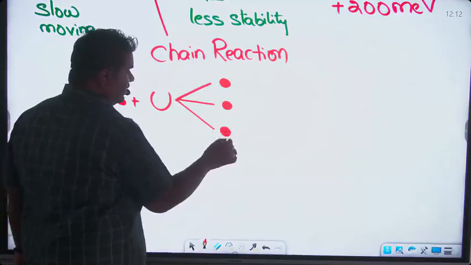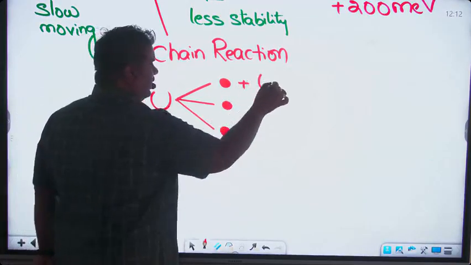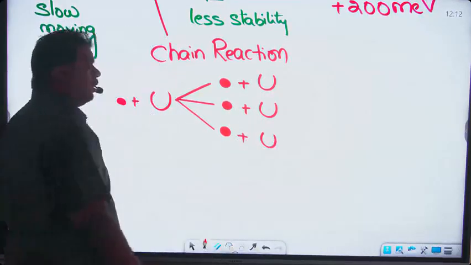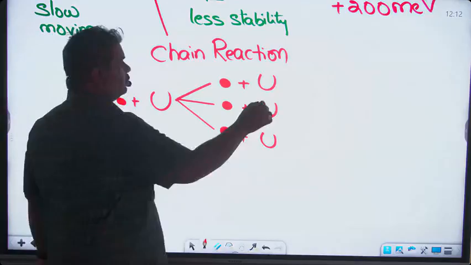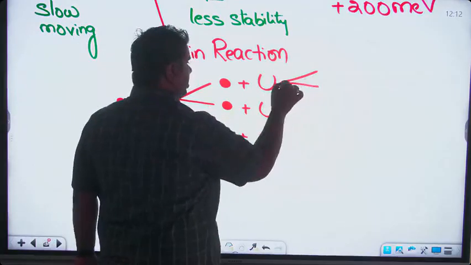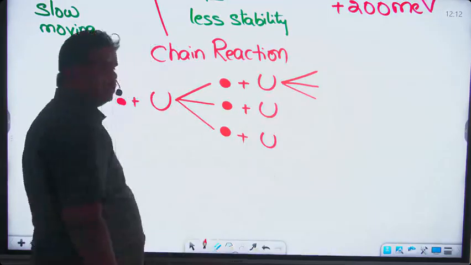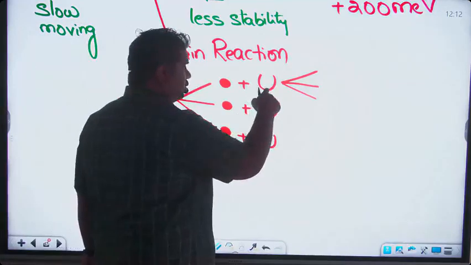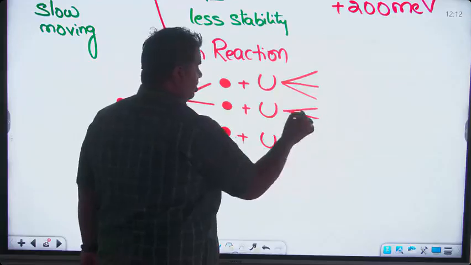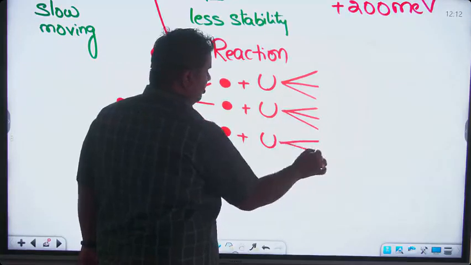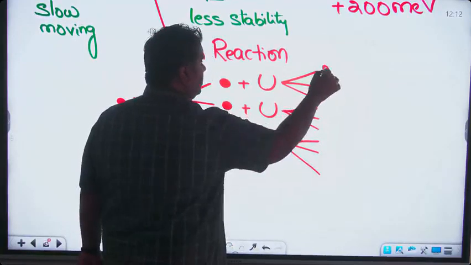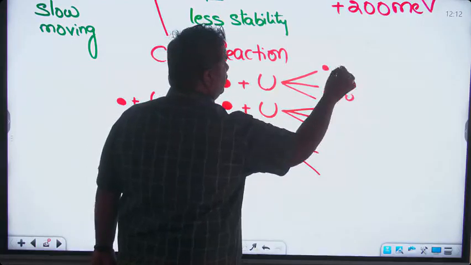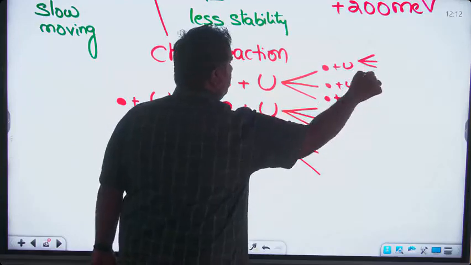Suppose these 3 neutrons collide with one uranium each. Each neutron collides with a uranium again, and again barium, krypton and 3 neutrons are released. So from this uranium you are having 3 neutrons, from this one 3, from this one 3. So again these 3 neutrons, if they collide with one uranium each, again you'll be having